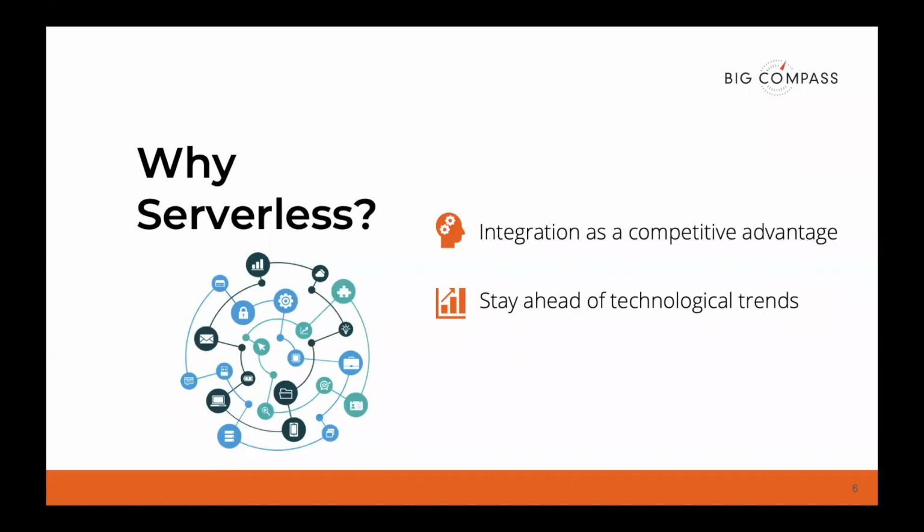And so we're here to talk about serverless, and it's just one slice of how businesses can use integration as a competitive advantage, like I just talked about. And serverless is hot right now. It excites me. It excites a lot of people, hopefully you as well, since you're joining this meetup. And outside of just being exciting though, it helps power integration as a competitive advantage.